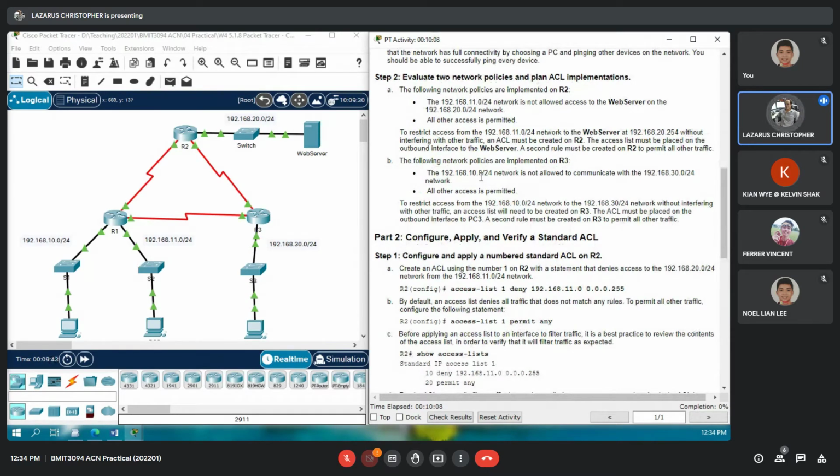And design the ACL. When you're designing the ACL, it says not allowed means deny, right? But you allow others. So how do you create the ACL? We know at the bottom is deny all by default. So do you deny this? So that means your wildcard is 0.0.0.255, and then allow all